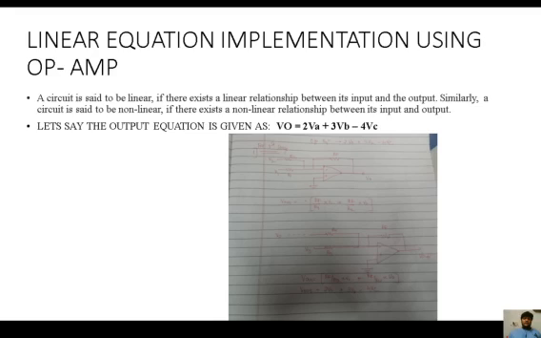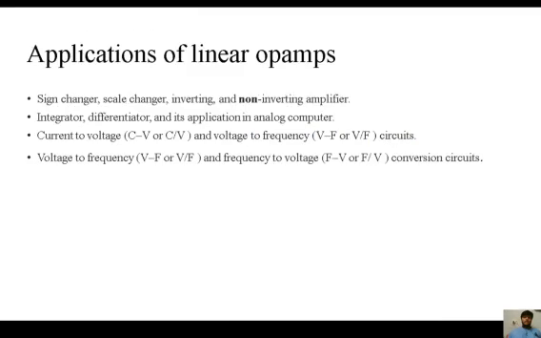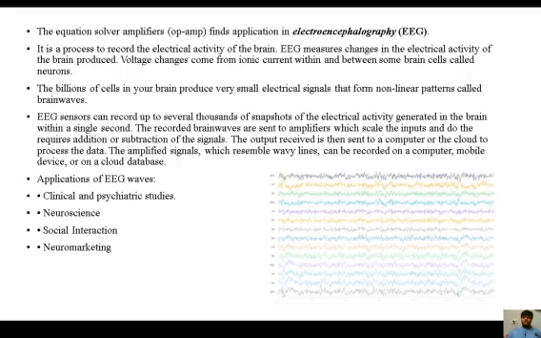Where do you think this linear equation can be applied? You can use this as a sign changer, scale changer, inverting amplifier. These are all linear op amp circuits. Also current to voltage, voltage to frequency, integrator, differentiator. We will be looking at all of these in later videos, and the main application is